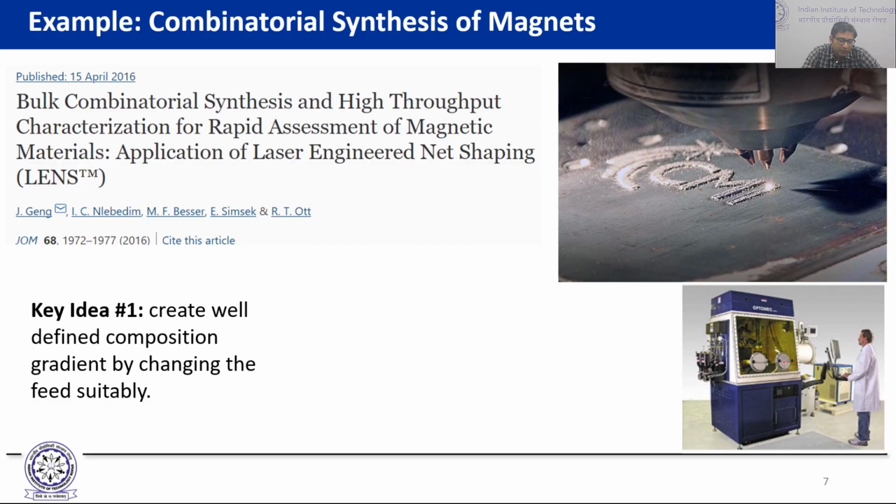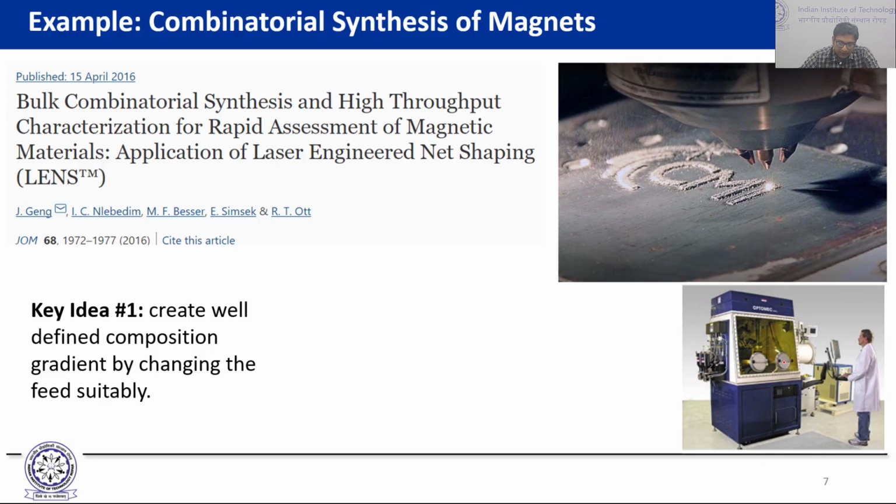So the first example that we are going to look at is this paper where the researchers were looking to design magnets, and essentially what they have done is they have performed a bulk combinatorial synthesis in terms of making the magnets themselves. To synthesize the magnets they have used the additive manufacturing process known as LENS, or laser engineered net shaping, type of approach. And here there are a number of things that the researchers have tried to explore. The first one is to create a well-defined composition gradient by controlling the feed of the different types of powders that